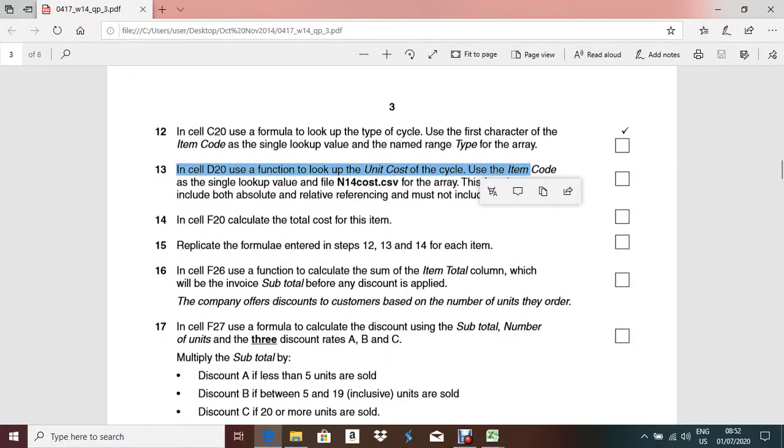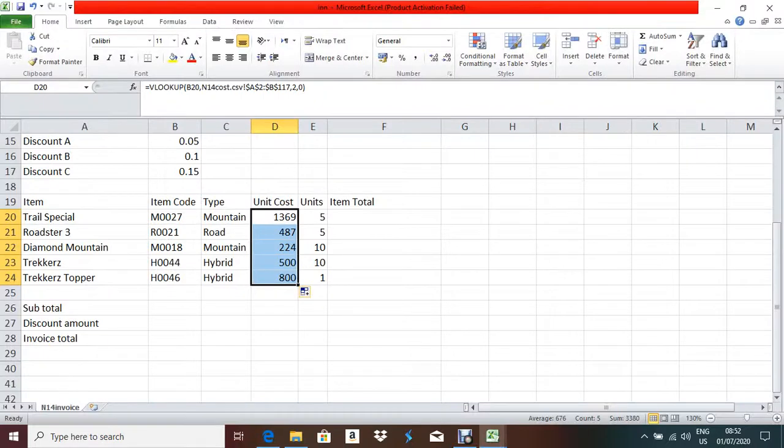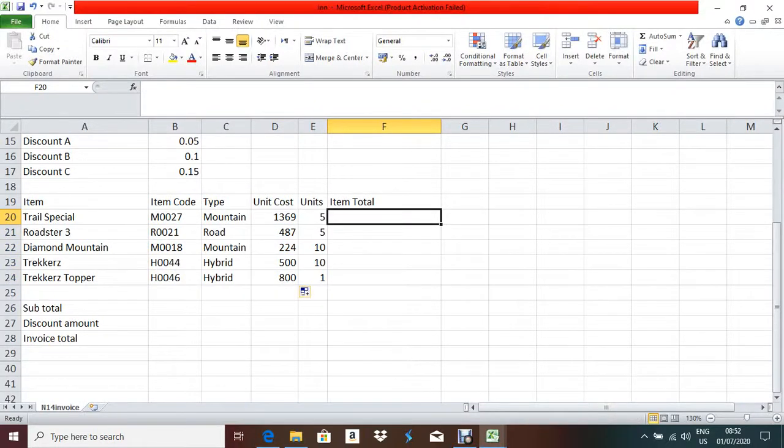In cell F20, calculate the total cost for the item. So this is the unit cost. Unit cost means the cost of one product, right? And how many products are there? 5 units here. So how can I find out the item total? What is the price of 5 units? It will be multiplication, right?